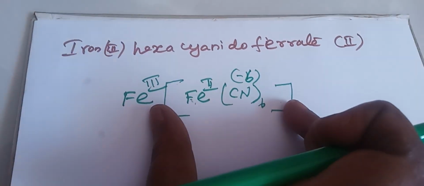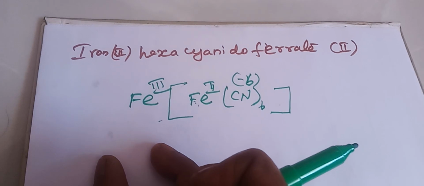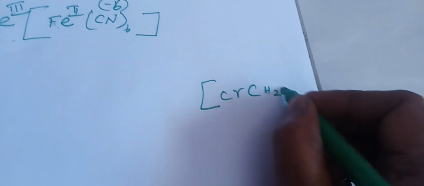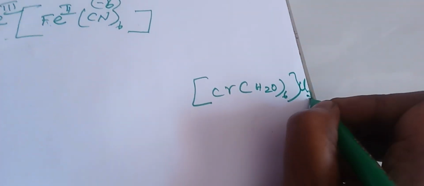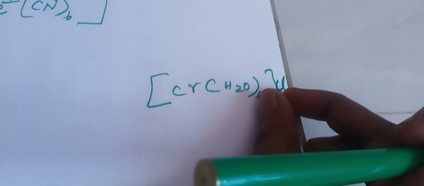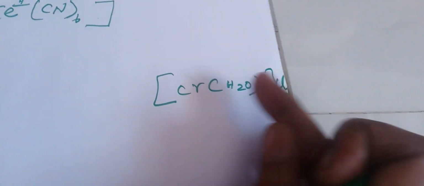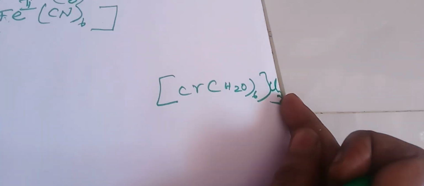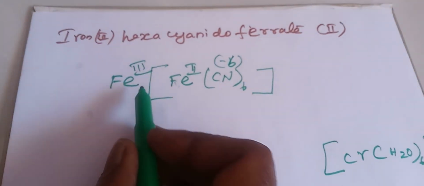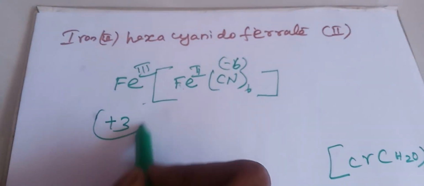So coordination sphere plus the ion which is present before the coordination sphere, or the case where, for example, Cr(H2O)6 Cl3. This is another coordination complex. This will split up into the coordination sphere and this counter ion, the ion which is present outside or after the coordination sphere. Here it will split up into this ion and this part, the coordination sphere. So this ion valency is 3.